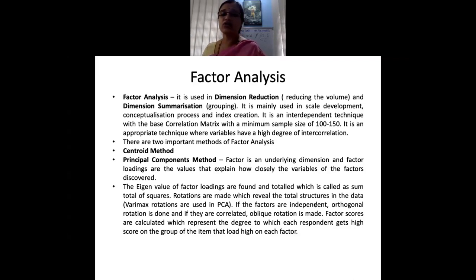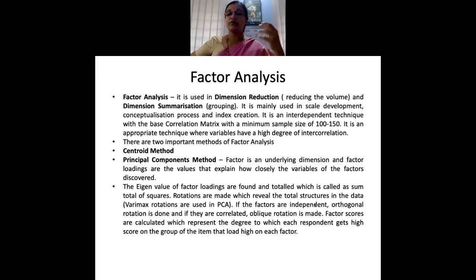Okay. Now, like I told you yesterday, something like your scale development and validation, your dimension retention. Let us say, for example, you are studying the factors affecting the economic recession due to COVID-19. You want to do a study on that. Best is you can do dimension summarization, because there are a lot of dimensions you can take. The entire economy has taken a twist. So you can definitely develop a scale for that, and you can go in for scale validation, even before you're collecting data.